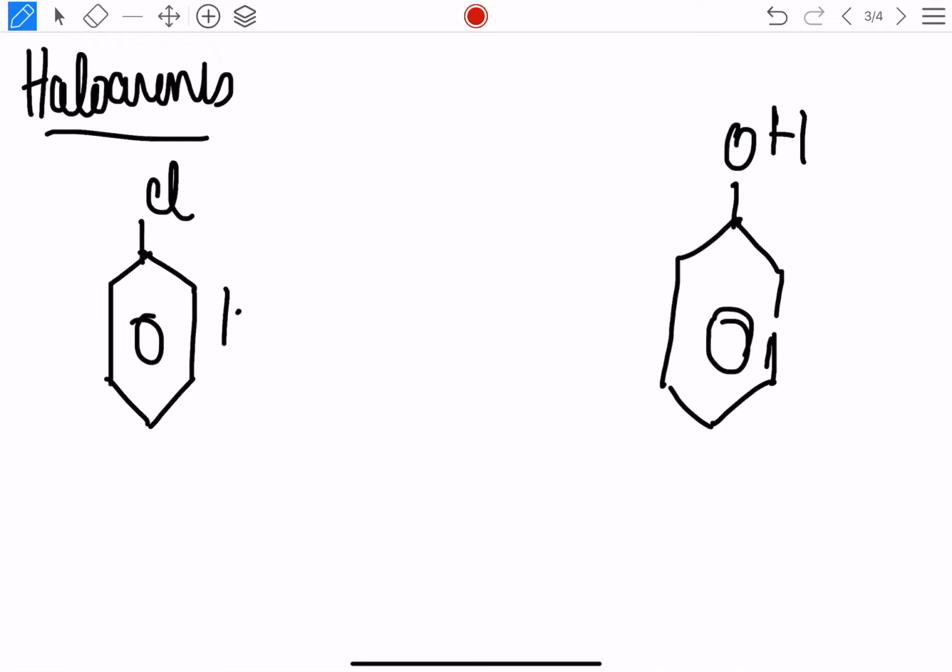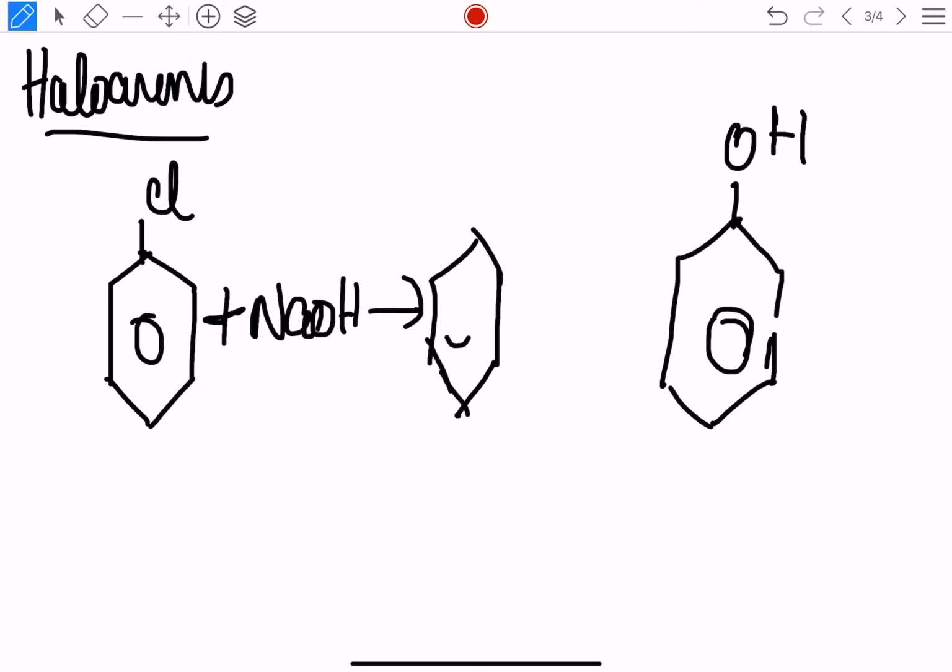So we react it with NaOH. Now before forming the phenol, it forms an ion intermediate. Okay, before forming the phenol, it forms an ion intermediate which we denote by this. I'll show you the ion intermediate now. The ion intermediate is shown like this. I'm so sorry, the stylus is having little problems, otherwise this wouldn't have happened. So the ion intermediate is shown like this. Oxygen with a negative charge and sodium with a positive charge.